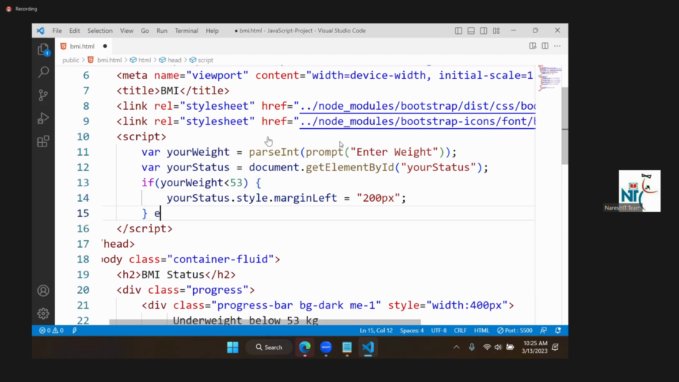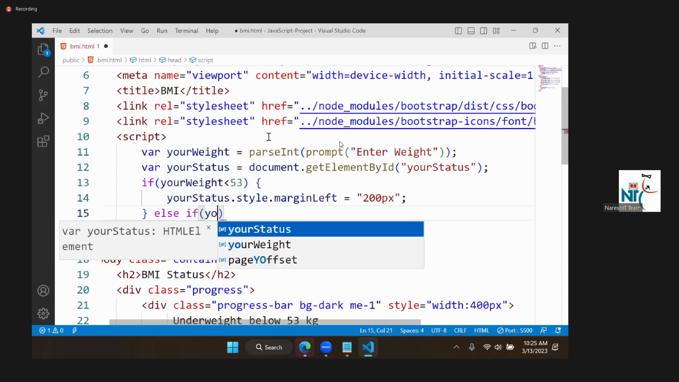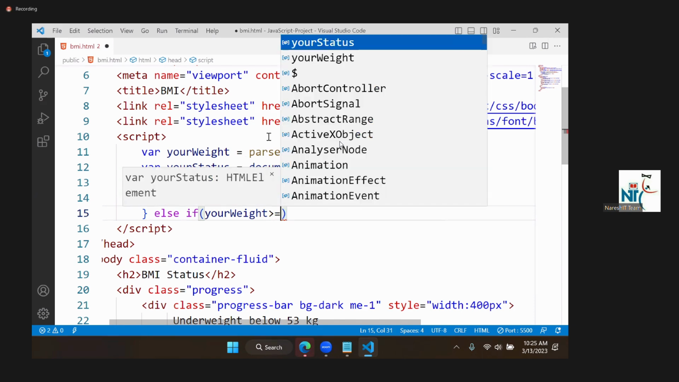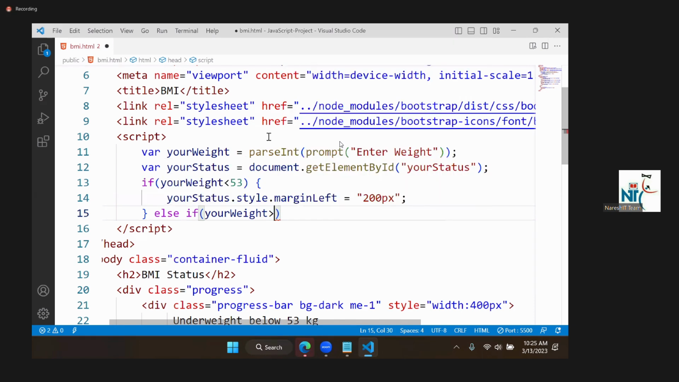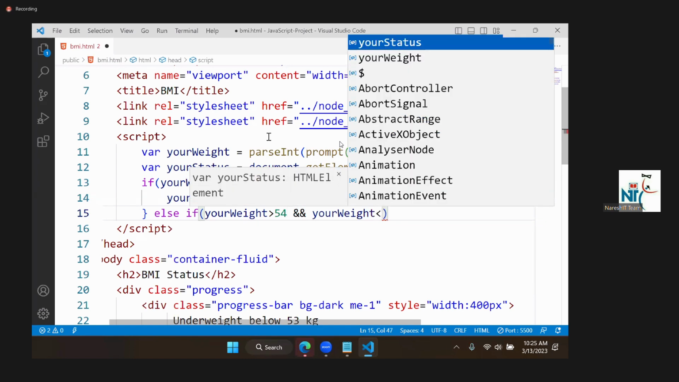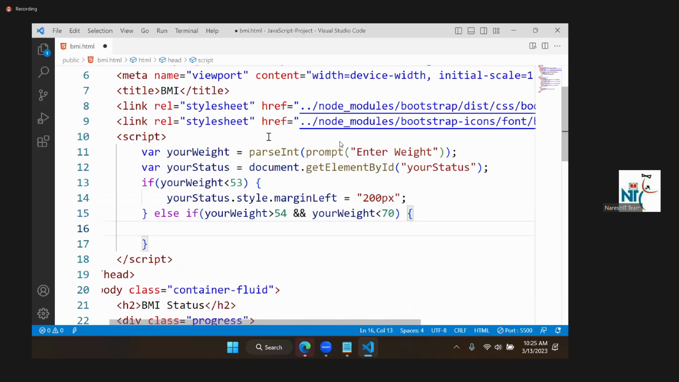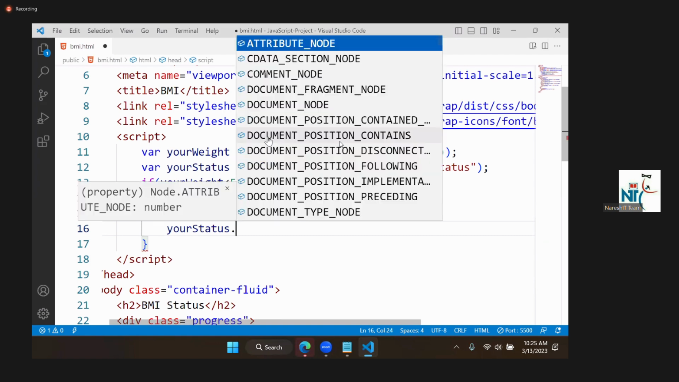Now, else if another condition: if your weight is greater than or equal to 53, or say greater than 53 or 54, I will give. And what is it? Your weight is less than how much? Suppose 70, less than 70. What should happen? Your status dot style